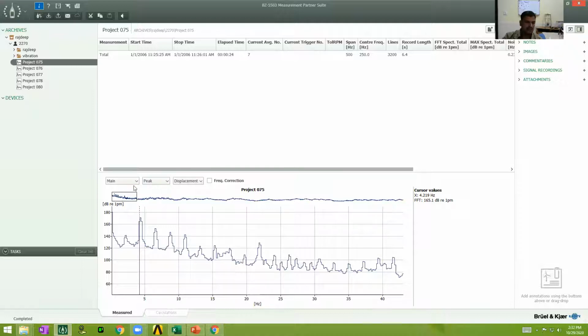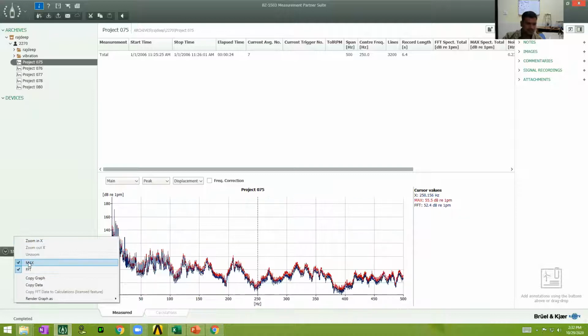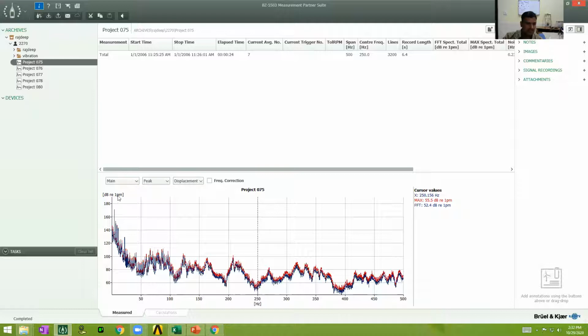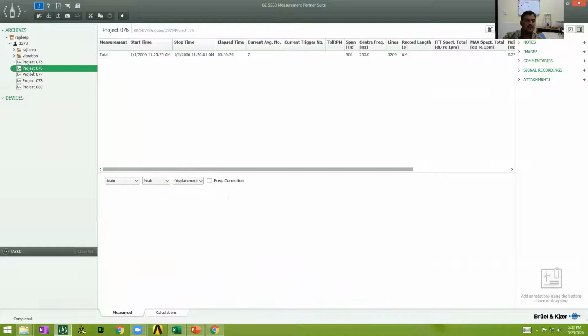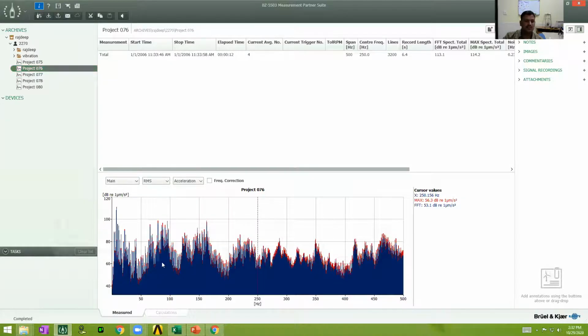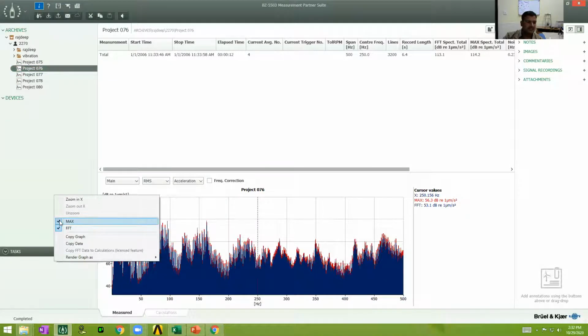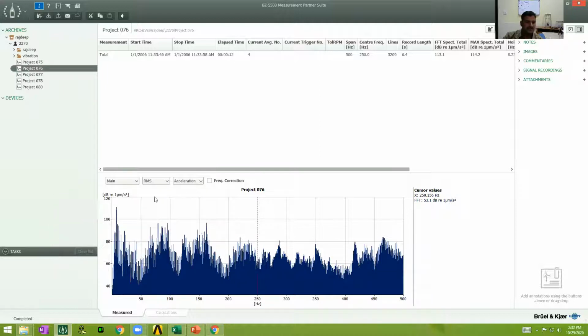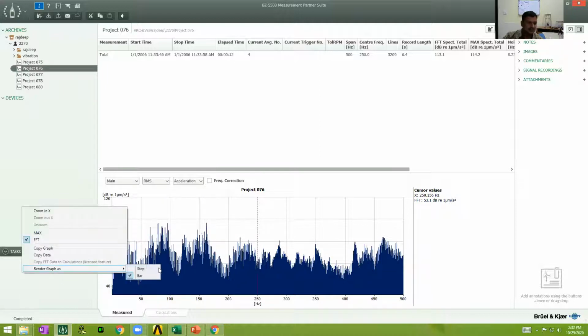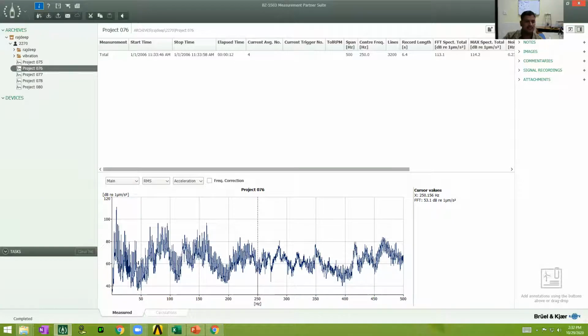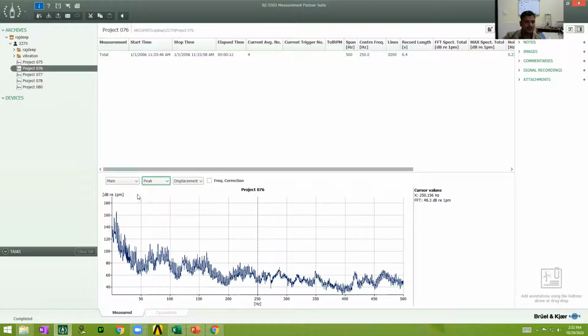Usually it is 1 micrometer, so if I take this one, then probably 1 picometer is given. They have taken it, so let's do this. Let it be. Now if I open the second graph, I'll again see the FFT, and again if I want to see only the peaks, then I want the displacement peak.